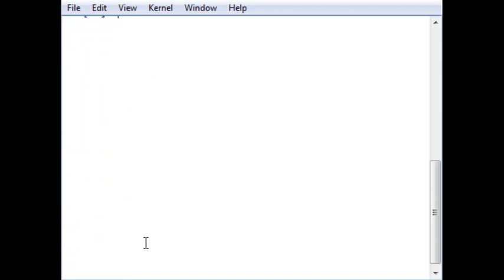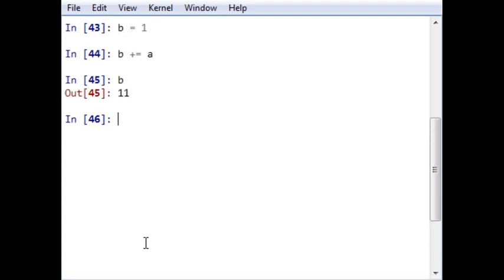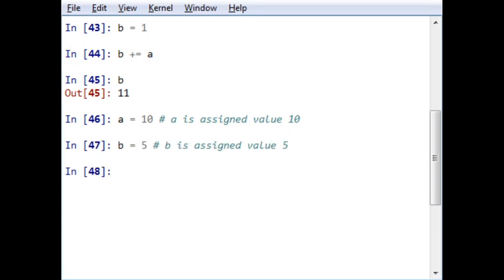For example, first of all, let me assign a value of 10 to a. Then let me assign a value of 5 to b. Now let me print a and b by REPL.